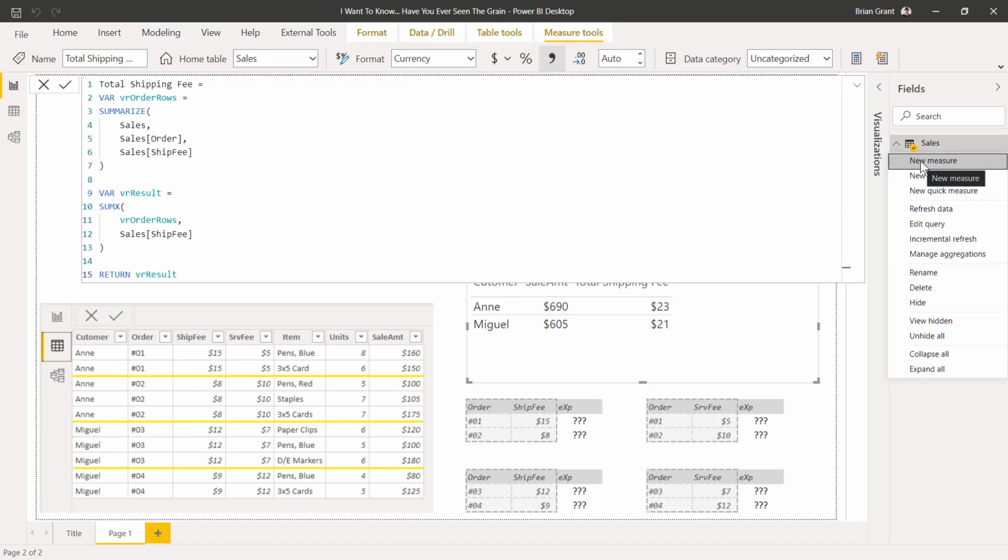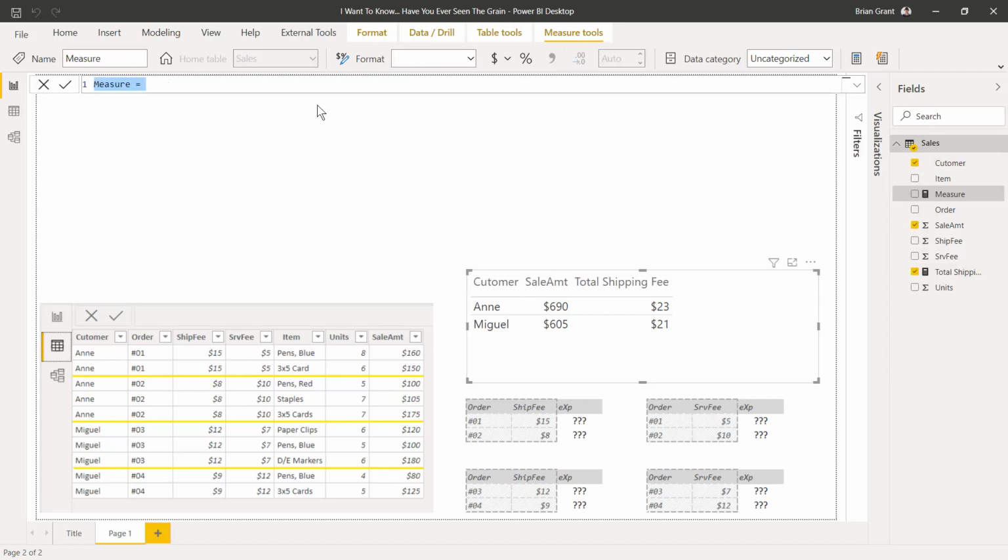So I'm going to do new measure. I right-click on sales, do new measure. And I'm going to call this one total service fee. And what we cannot do is we cannot just use the sum function and point it at the service fee column, because we don't want to be double counting those values. We only want to count it once per order, which means we're going to have to